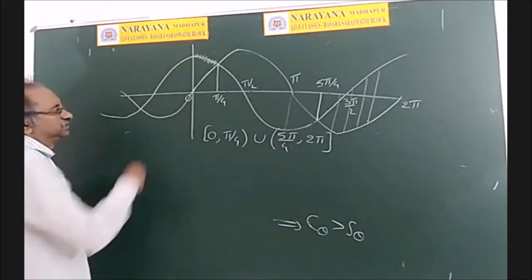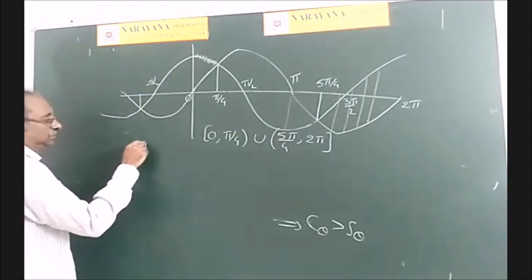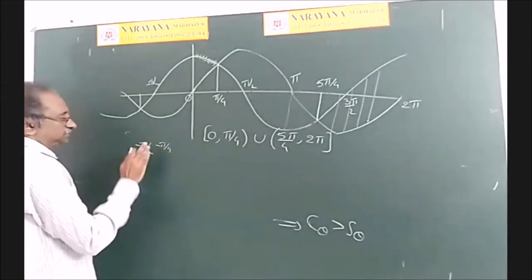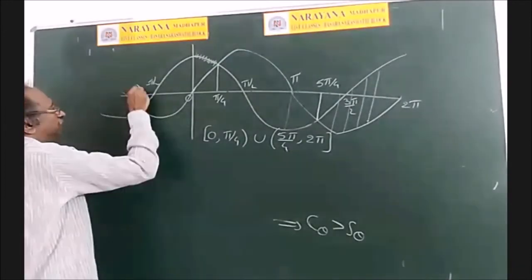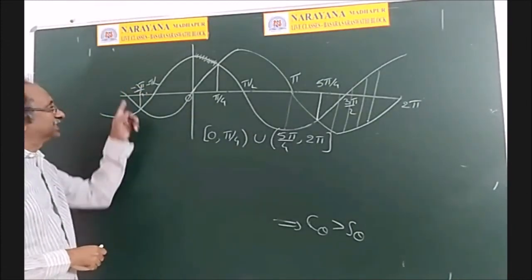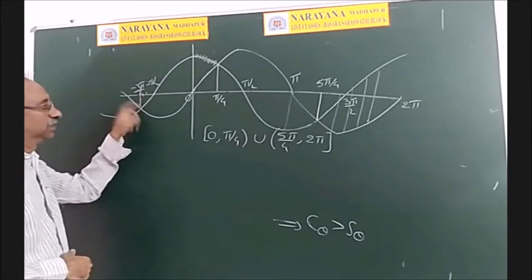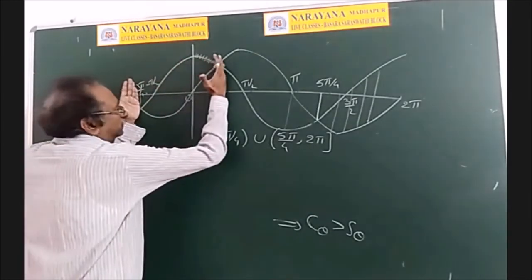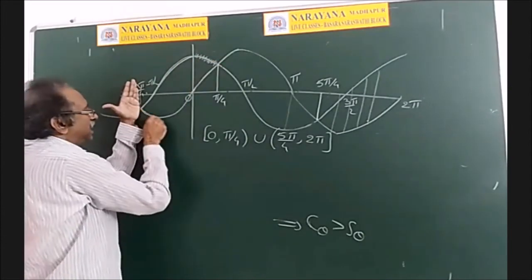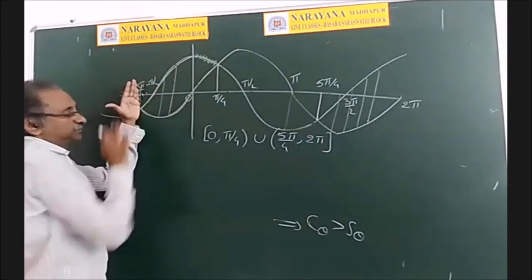right? See, this one is minus pi by 2 and this is minus pi by 4. So that is minus, what is this? Minus 3 pi by 4. Okay, so at minus 3 pi by 4, what happens? Both are again equal. So from minus 3 pi by 4 to pi by 4, continuously observe what happened. The cos x graph is greater than the sin x graph. So at every point we observe, this is above this.